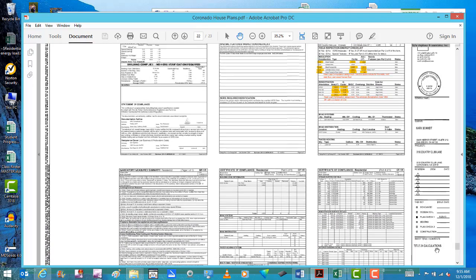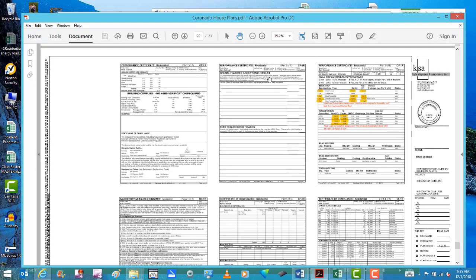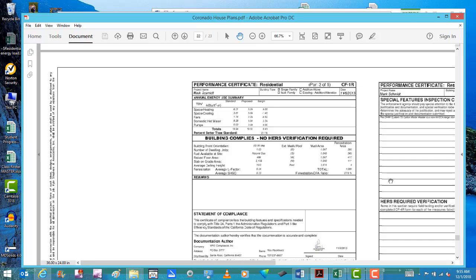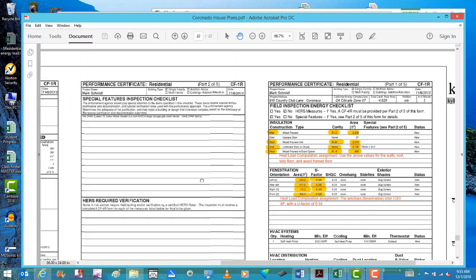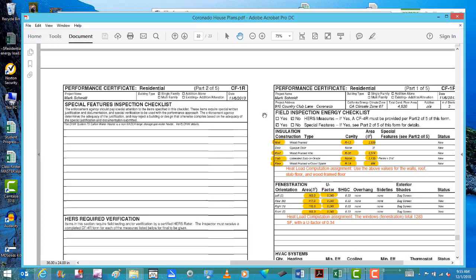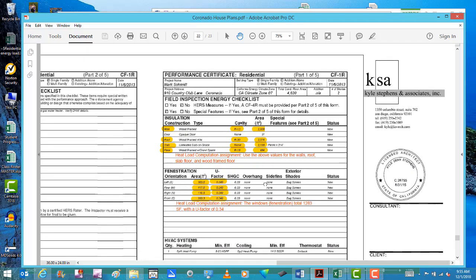Down here it says Title 24 calculations. So these are the energy calculations. And if you can get a hold of this for the set of plans you're looking at, this will save you a lot of time. Because this person has already calculated, here's the walls, they've already calculated the square footage and area of all the